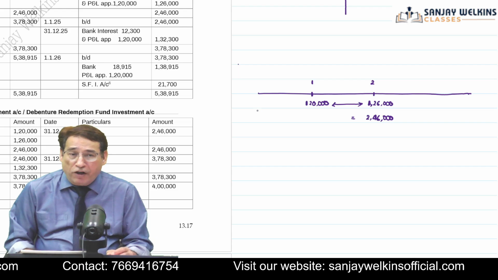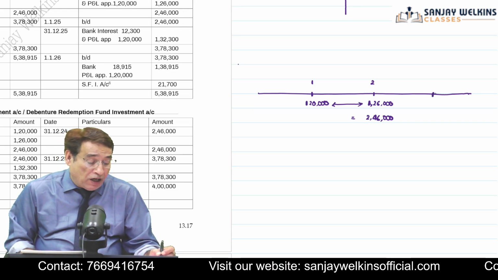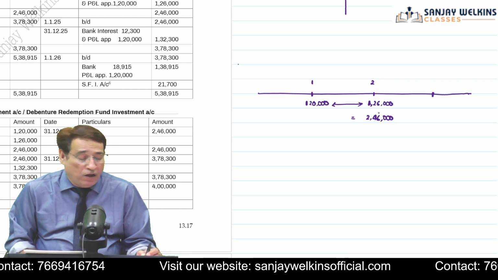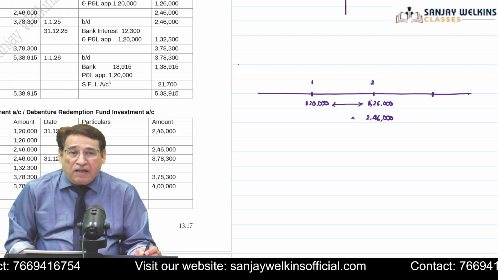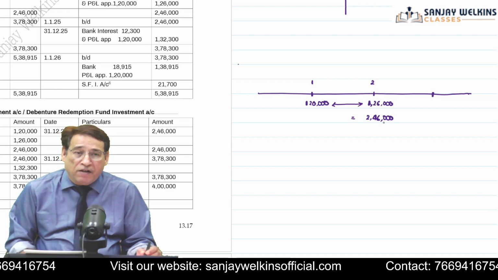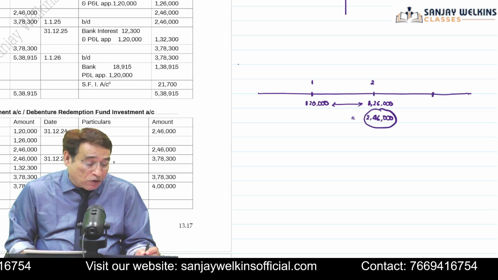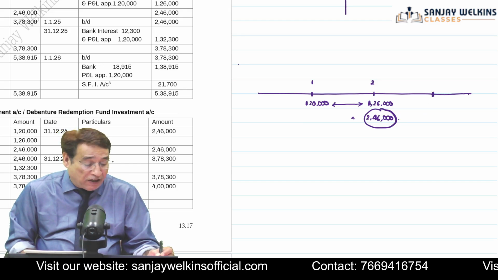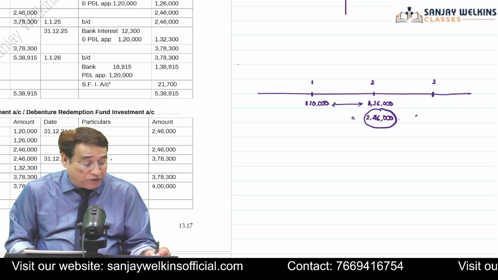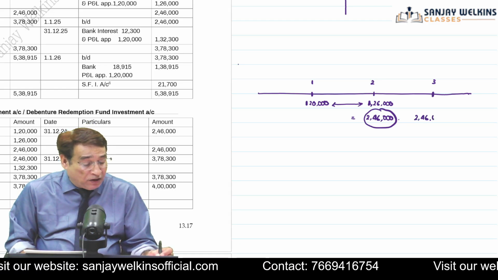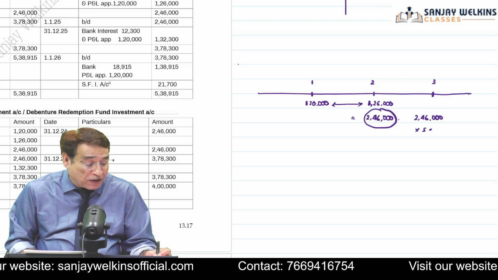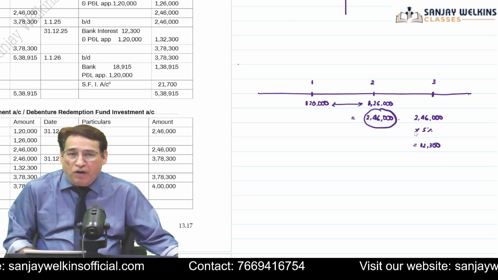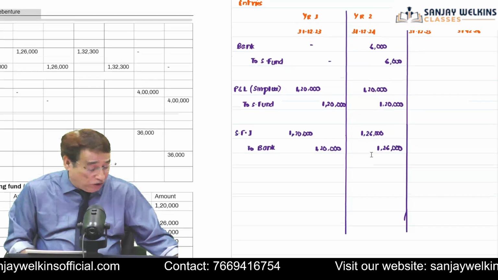Your total investment by the end of the second year is equal to 2,46,000. So when I now enter the third year and reach the end of the third year, how much interest am I going to receive? For that, I need to understand the amount of investment by the end of the second year, which is 2,46,000. So you are going to receive interest at the end of the third year on 2,46,000, at the rate of 5%. I think it will be equal to 12,300. So 12,300 is the amount of interest which you are going to receive. This is the point which you need to take care of.